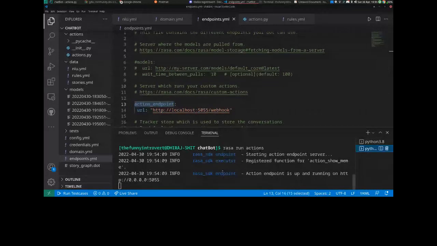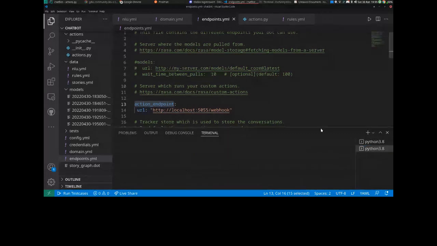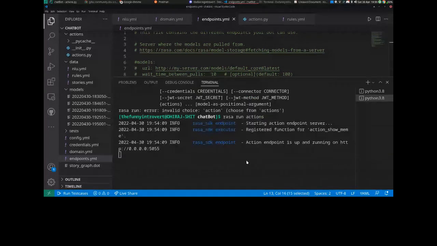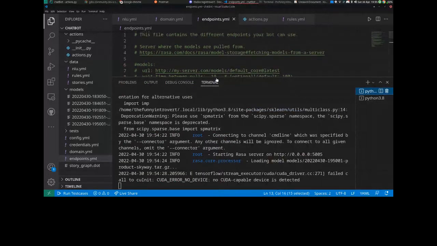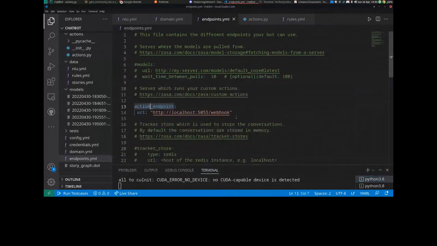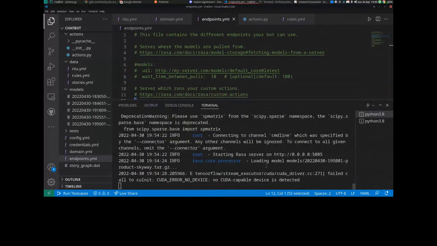Now if I go here, it is showing me the server on this only, but it is not actually connected here. So I'll just close this and run rasa run actions right now. Go to endpoints.yml, find where action endpoint is written and uncomment both lines, and hopefully our bot will run right now. Or I have to train again. I'm really not sure, but let's just see.